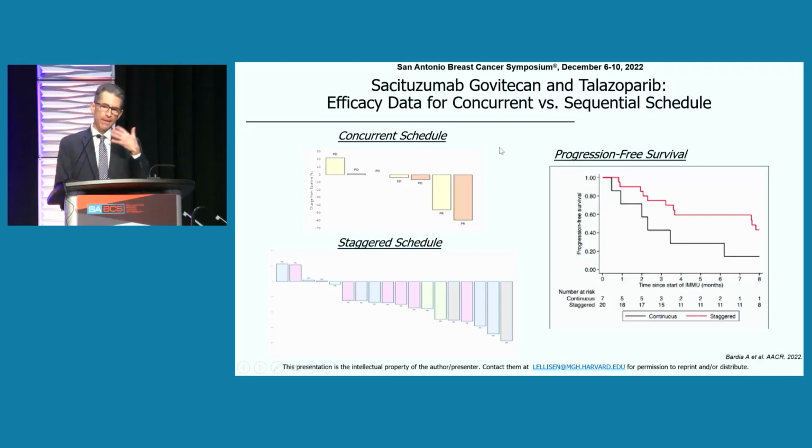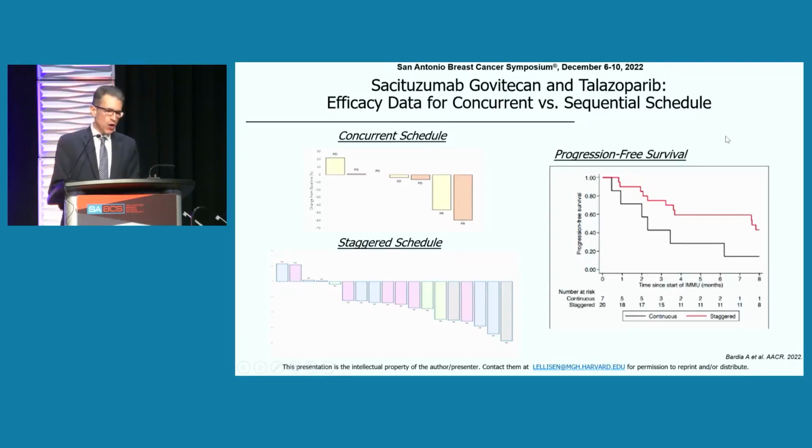Again, this was a dose escalation, so we're not going to say much about efficacy other than to say that there were substantial responses, and that numerically the progression-free survival was higher with the sequential dosing. And this was, of course, as you might expect, because so many of the patients had to come off the concurrent dosing due to dose-limiting toxicity. So this is very interesting. The hypotheses seem to be proved about tolerability, and we anxiously await the completion of the trial and the efficacy data.